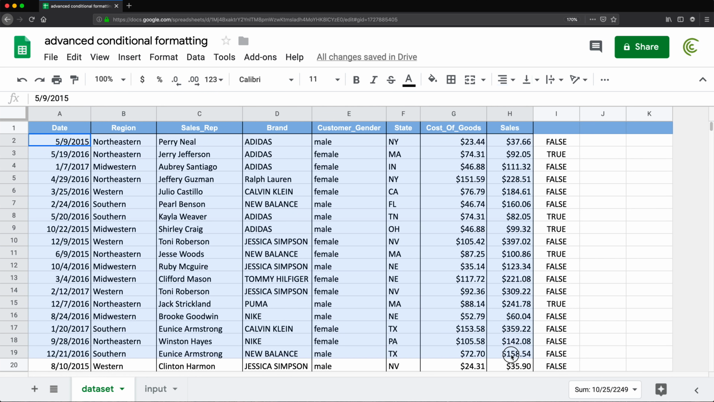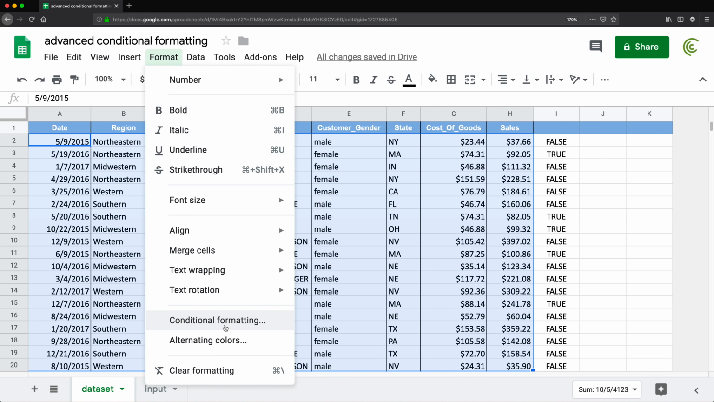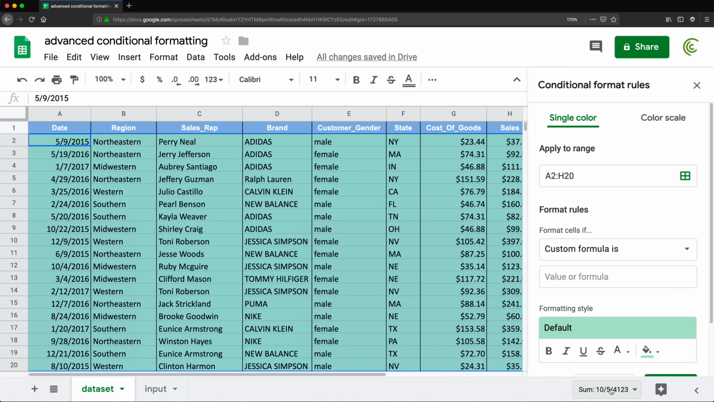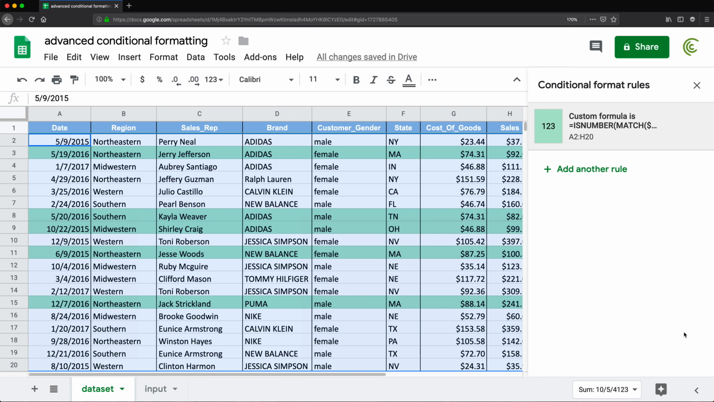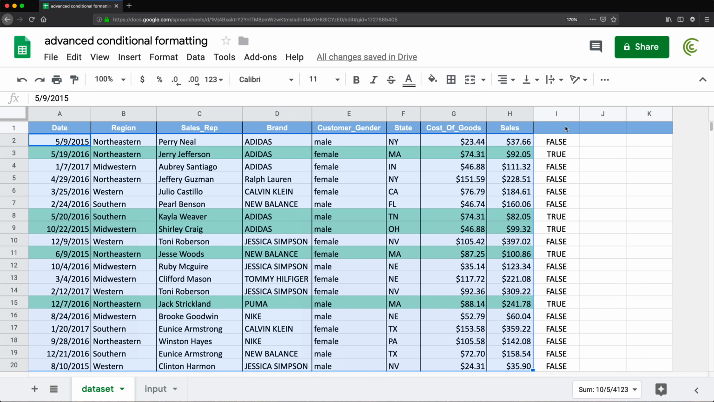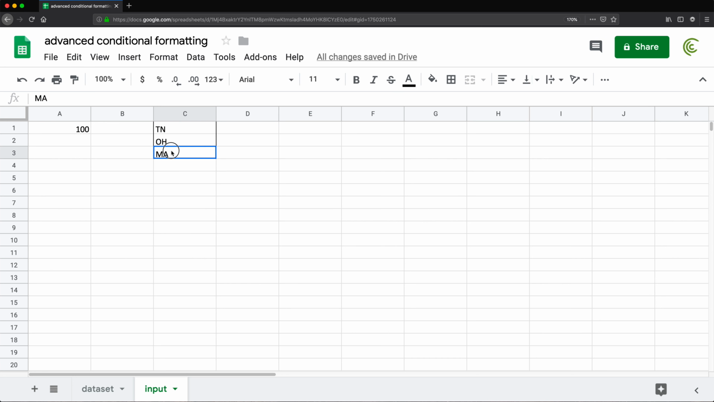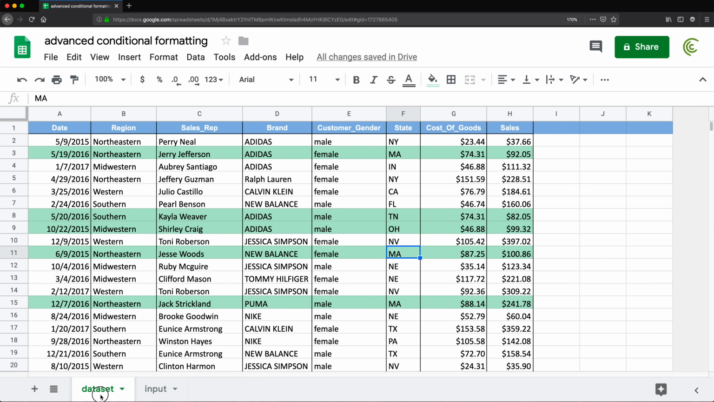I'm going to select the whole data set like this, all the columns. Go here, Format, Conditional formatting. I'm going to find the last option, which is custom formula, and paste my formula and hit Done. Close this and clear this column. So now anything that's listed on the other tab here, these 3 states, should be selected in this green color,